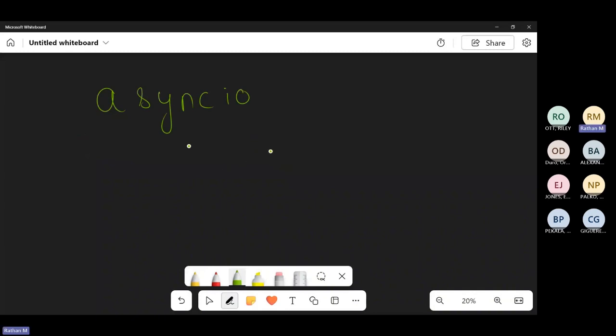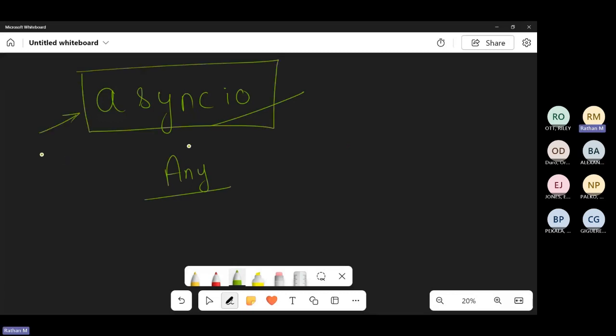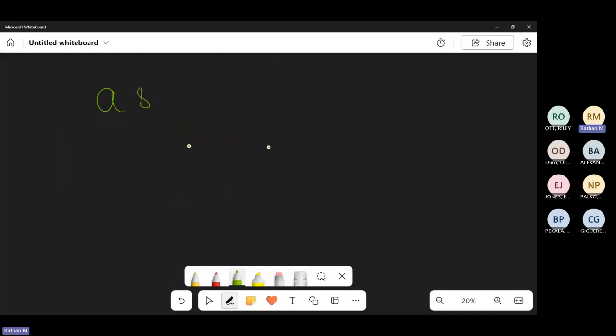Async IO is the library that we use within Python, which helps us write asynchronous code. The whole idea is any code that you write which needs to perform async operation needs to run within this framework called async IO, without which you cannot perform it. That's the whole idea. So to implement async, we have to use async IO. Once we use async IO, we can start async operations. The idea is simple.